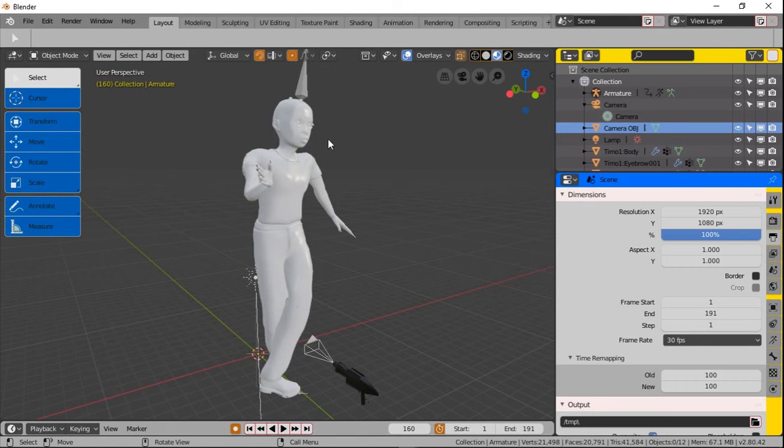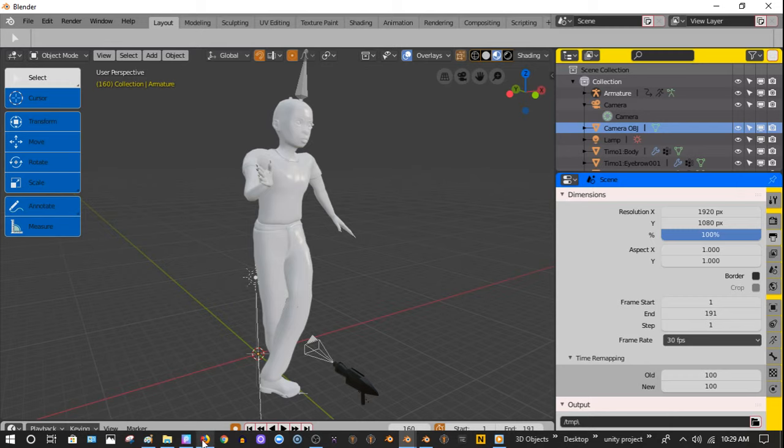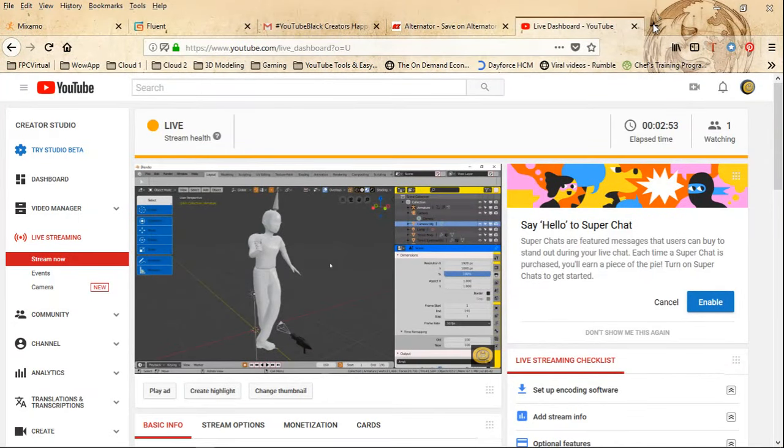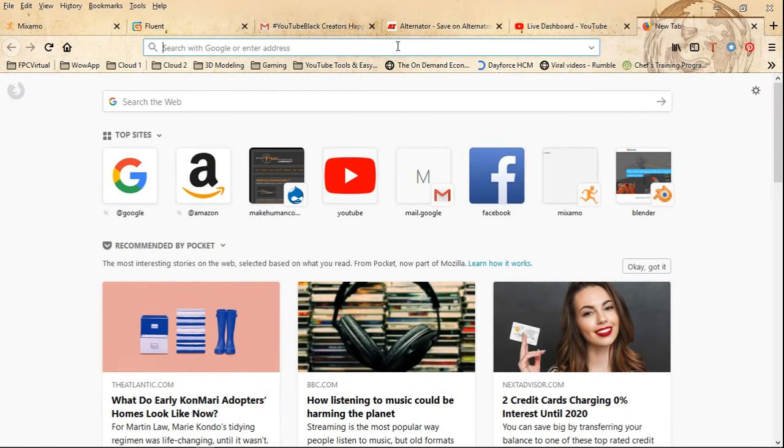Let me pause this so you can stop looking at this thing moving back and forth. So pretty much I had that version and I believe I have it on my computer. I did delete a few of them because your computer will get bloated with so many of these differing versions after a while. So I decided to start getting rid of some of them. And the reason is because they come up with an update every single day. So let me show y'all folks where to get the updates if you want to get an update for your Blender 2.8 version. So we go to